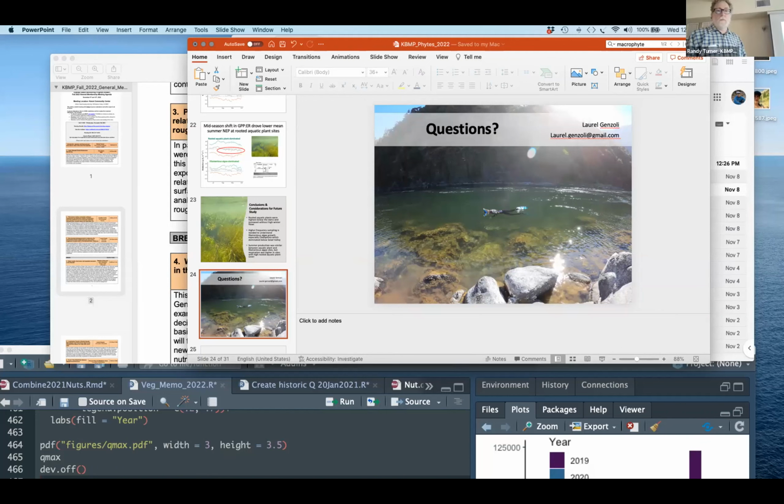And I would expect short-term changes to be different than long-term changes once the sediment reaches a bit of an equilibrium. There's going to be a disturbance effect initially. If turbidity is really high in the first year or two, we're probably going to see overall really low rates of production in the river, because turbid rivers just don't have high production. You have to have light reaching the benthic zone to have high production. So that's just a major control. But as it clears up, I think we're going to start to see the influence of nutrients more strongly again, and some of the other things that are controlling the algae.